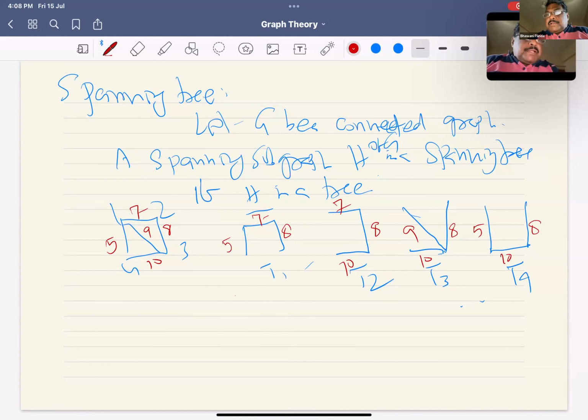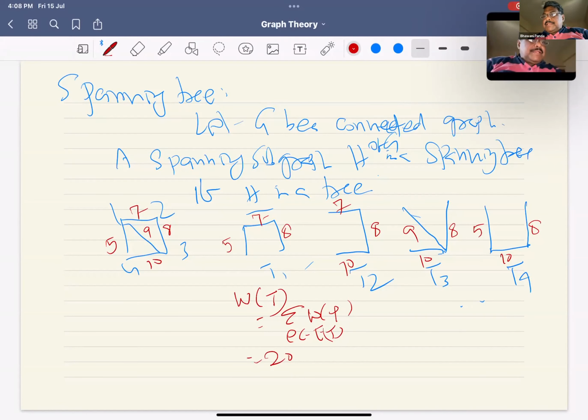So the weight of a tree T is the sum of the weights of all the edges, the summation of weight of e, where e belongs to E(T). For this particular graph, what is the weight? 20. For this particular graph, the weight is 25. This is 27. And this is 23. So out of these 4,